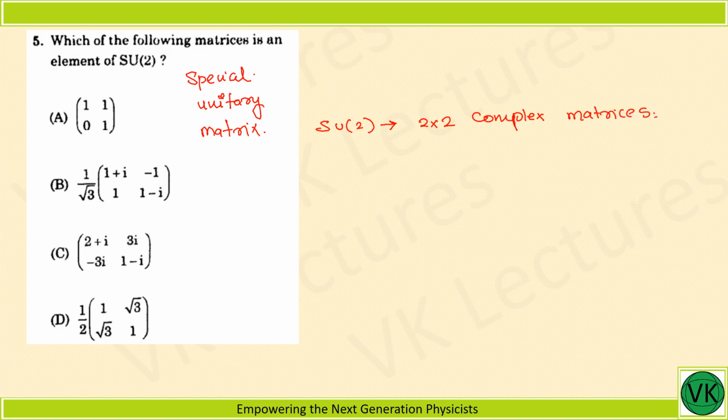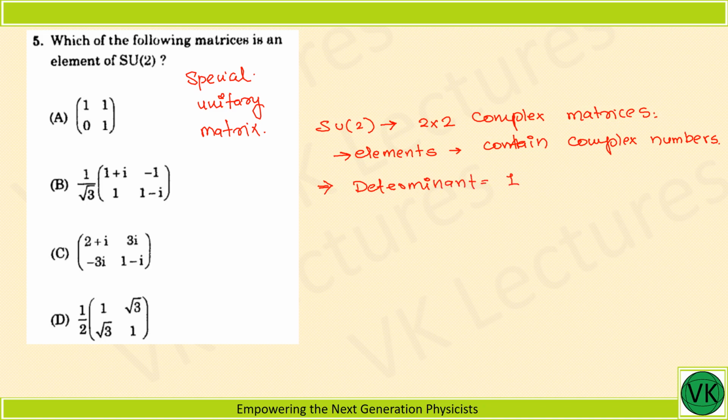The elements of the matrix should contain complex numbers, and the determinant has to be equal to 1 for this SU(2) group, and one more property is that it is